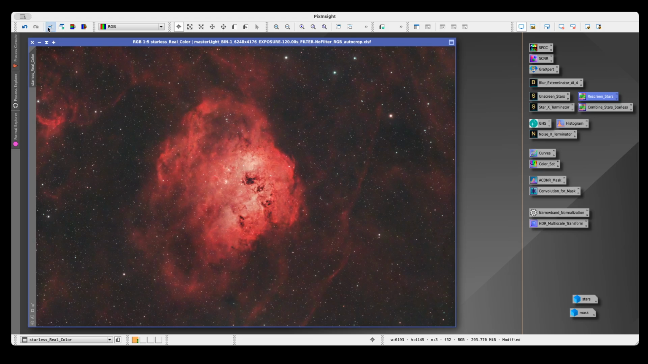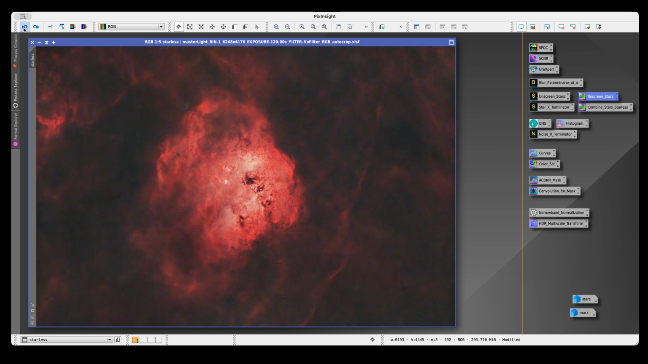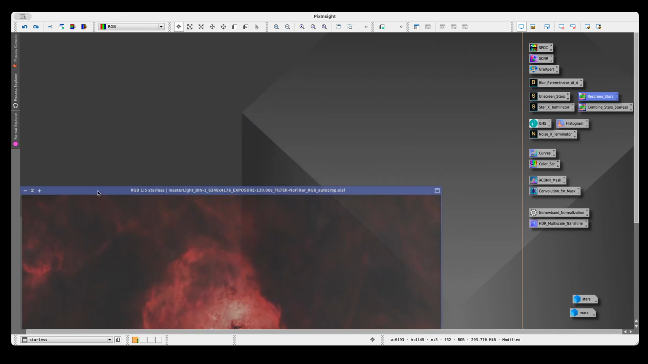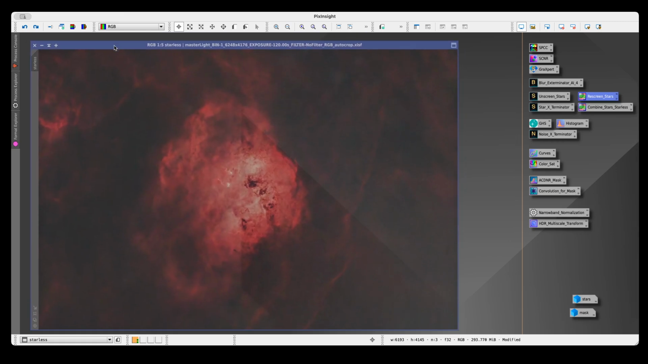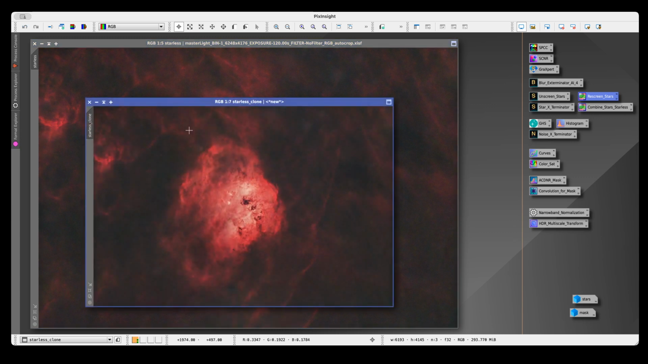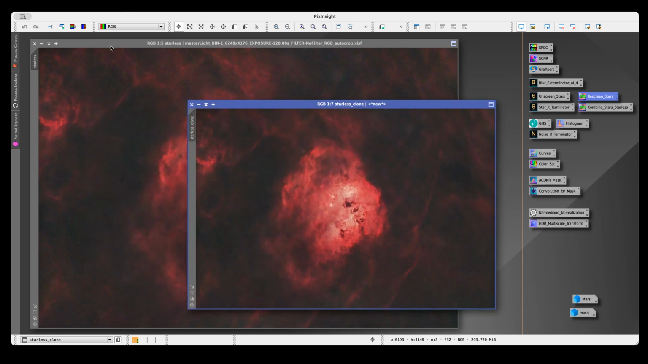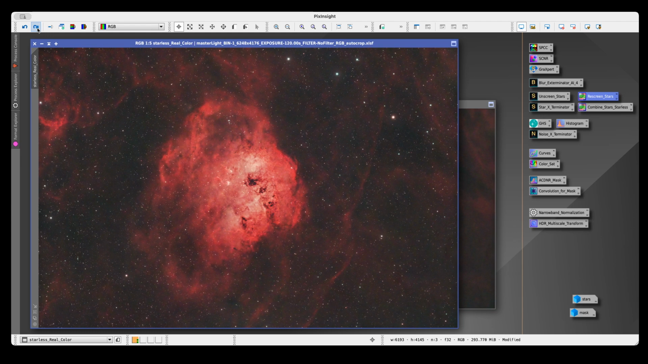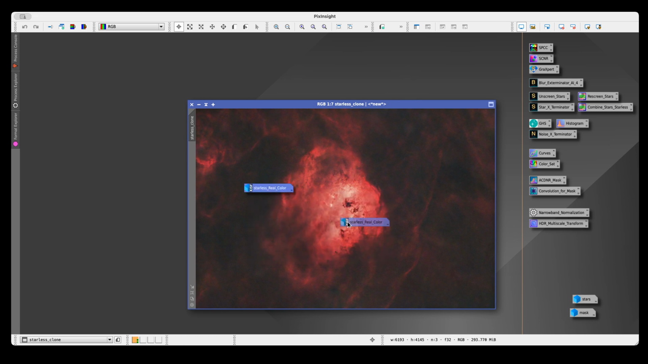All right, that's fine. And we can now back that up, and create a copy. So let's do duplicate. Pull him aside real quick. It's probably not the smoothest way to do that. All right, so now I've got my new starless real color picture, and I'm going to drop him over here